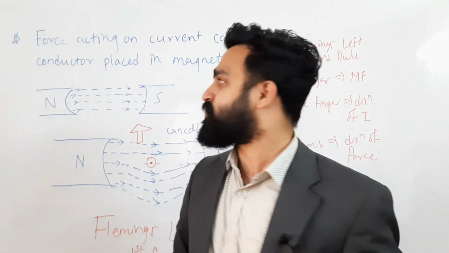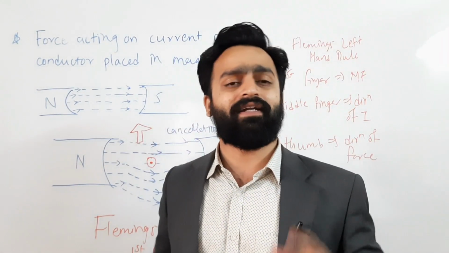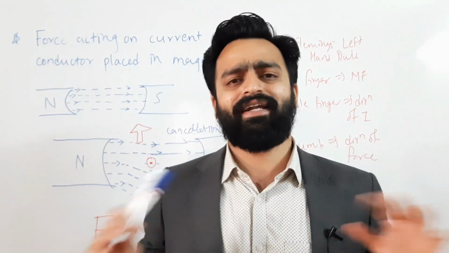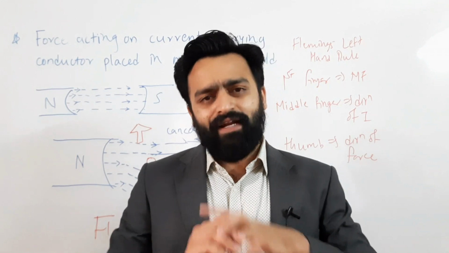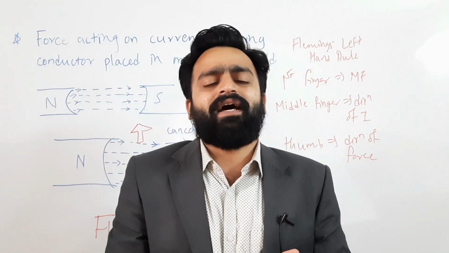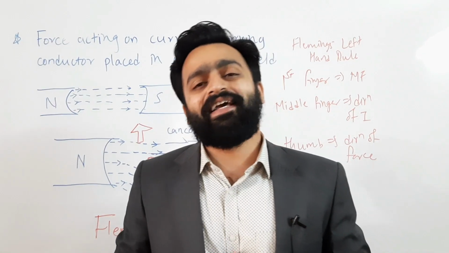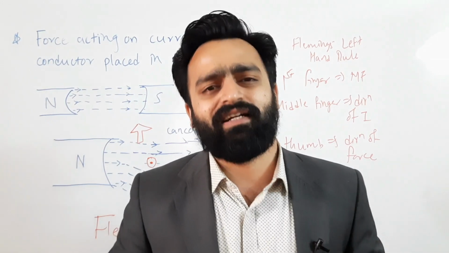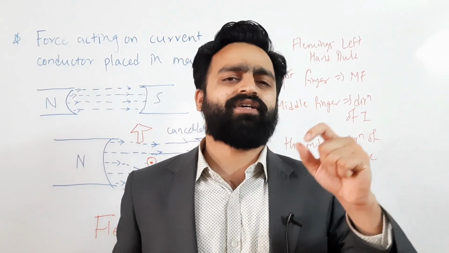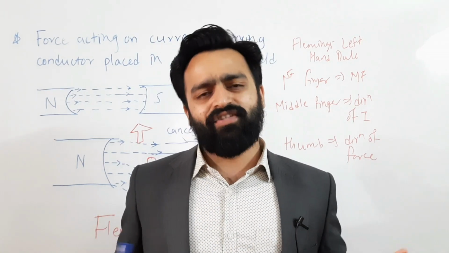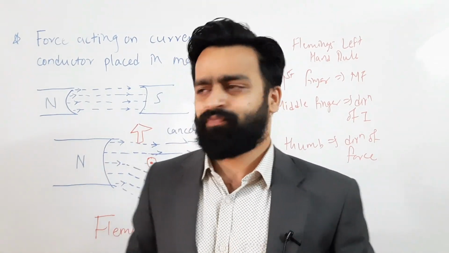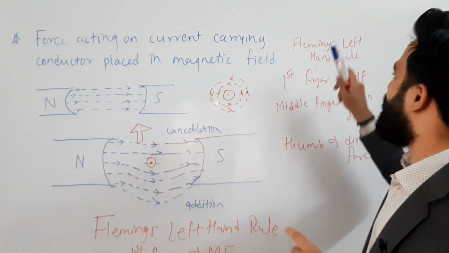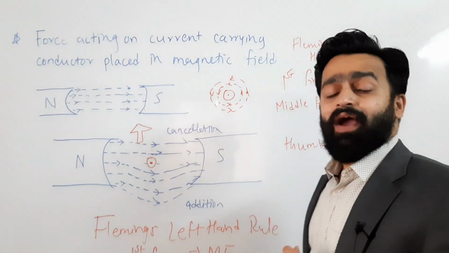I hope today you have understood that whenever you place a current carrying conductor in a magnetic field, it experiences a force, and this is the basic principle of operation of a DC motor. In a DC motor you have an armature winding and field winding. Generally the field winding is on the exterior and the armature winding is placed on the rotor. So you place current carrying rotor conductors or armature conductors in the magnetic field of stator conductors, and hence every conductor on the armature experiences a force, and as that force is tangential, the rotor rotates. We have also understood it graphically, and the direction of the force can be determined by Fleming's left hand rule. So I hope you have understood the concept.